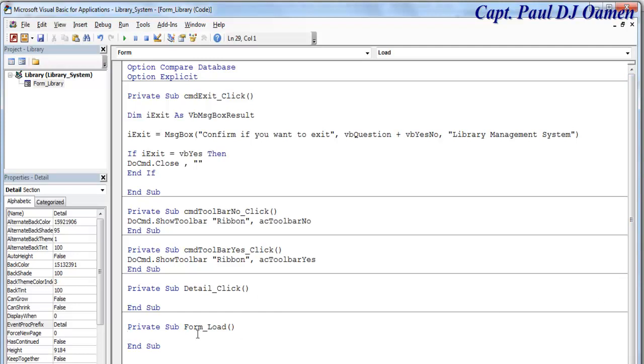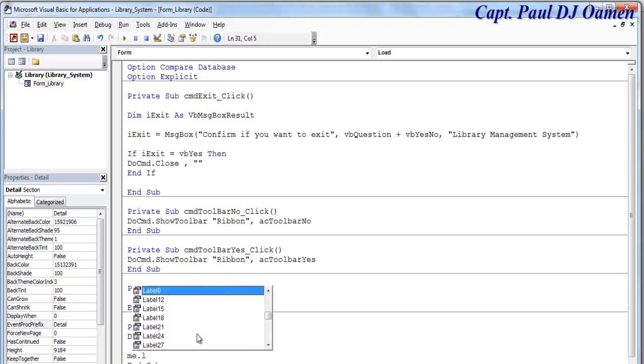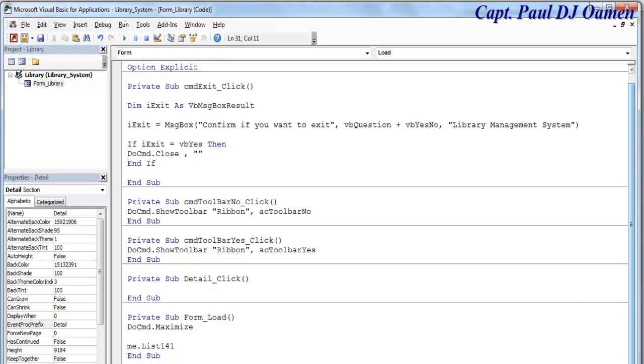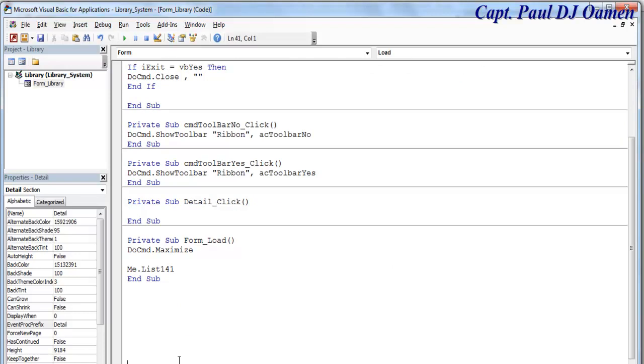The first thing I'm going to do is DoCmd.Maximize, and in here I'm going to say Me. My list box is List141. Let's move that up so that you guys can see it. List141.AddItem, and the first item is going to be Member Type,